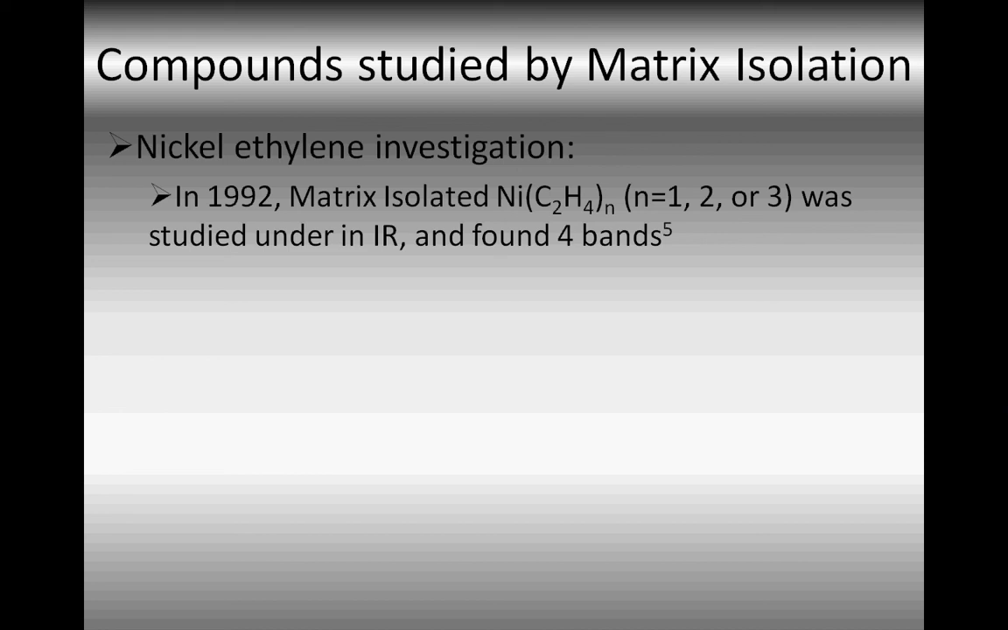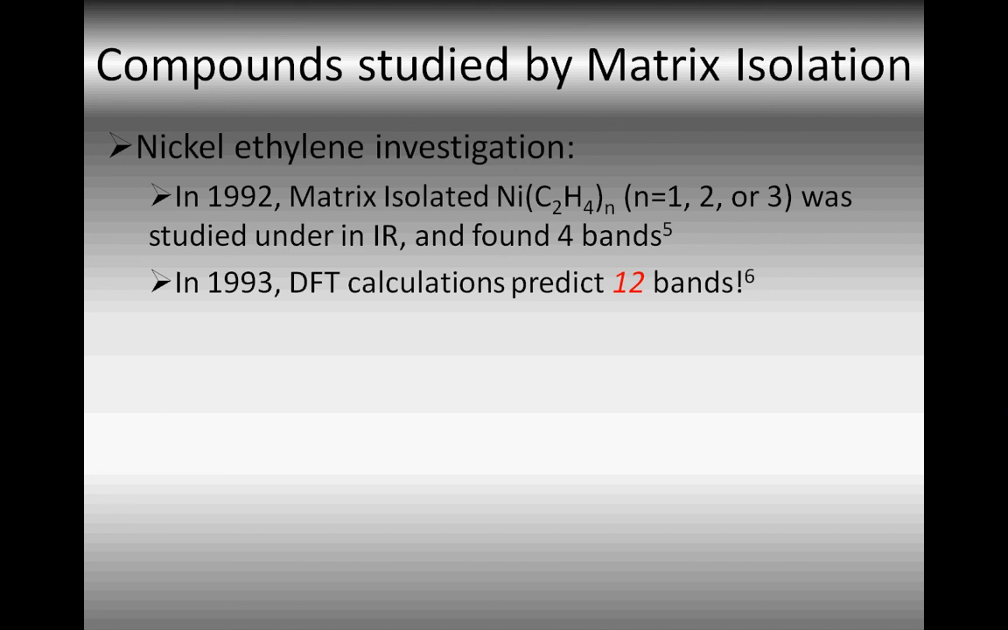Alright, we've reached the brief case studies section of the presentation, so stick with me, these can get a little complicated. First we'll take a look at a nickel ethylene system. It was originally investigated under matrix isolation conditions in 1992 with an FTIR, and the group found that there were 4 bands. But later in 1993, another team actually did the DFT calculations and predicted 12 bands for these same